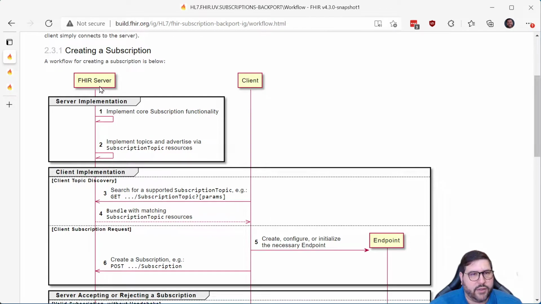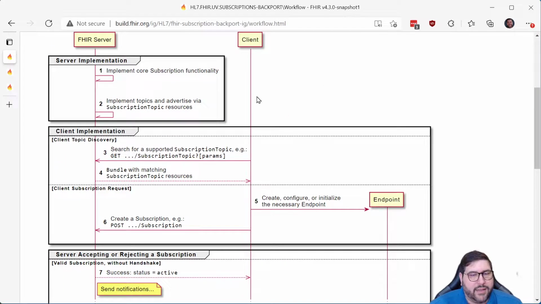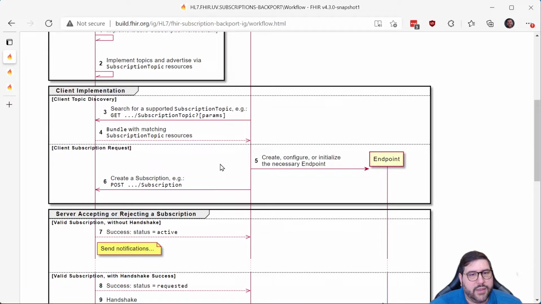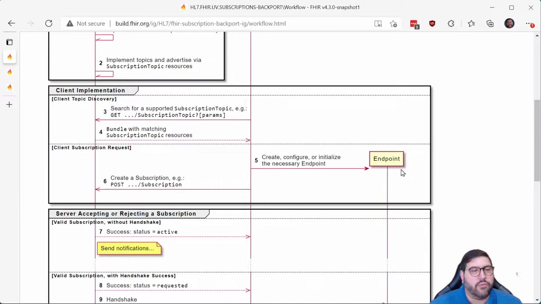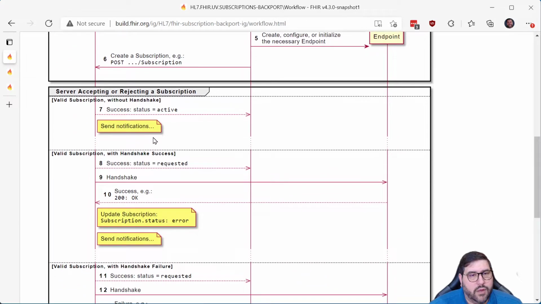Again, we have our three actors, the FHIR server, the client, and the endpoint, and talking about how a FHIR server has to implement subscriptions before any of this will work, has to pick some topics to implement before it'll work. A client has to also do those things, search for topics, get the topics back, figure out what it's doing, create whatever endpoint information it needs to. For instance, in the reference implementation, we stand up an HTTP endpoint, try to create the subscription. Once the server gets that request,